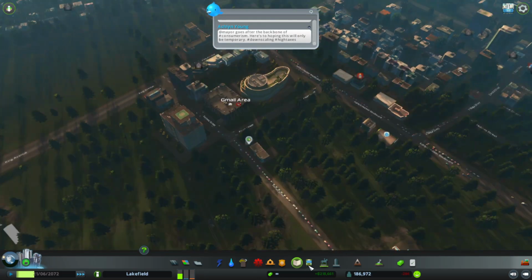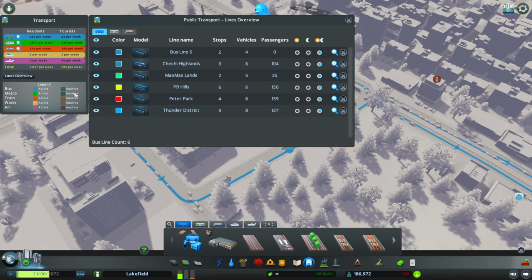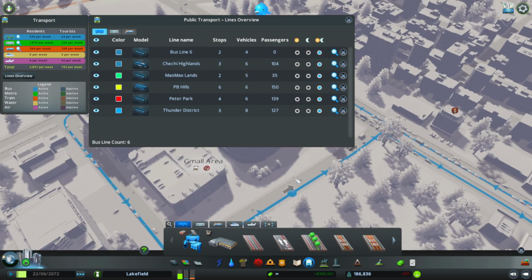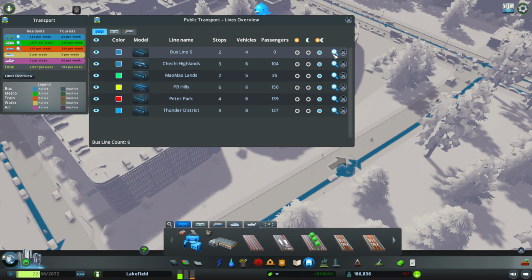G Mall area. The bus stops. This area. Lines overview. Bus line 6. As you can see, it's highlighted already and it's glowing. So there are two stops, on the side of Chino and Bimapa. There are 4 vehicles, and